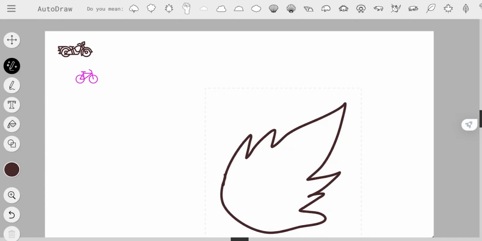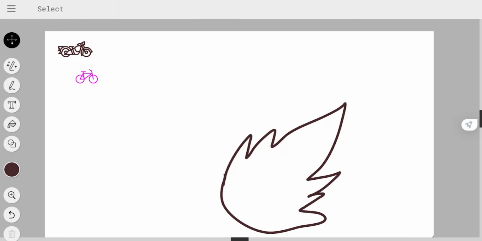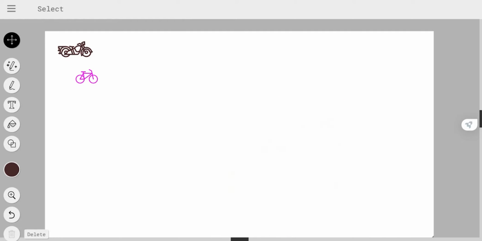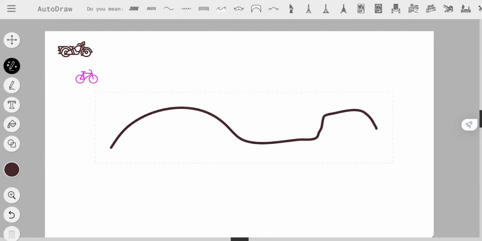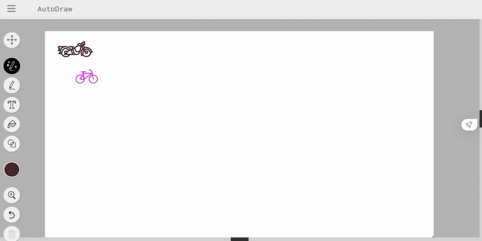Okay, so I have got some options. It's trying to identify what it should be. Since we didn't like it much, I'm trying to delete this. Let's try one more thing. Sorry.